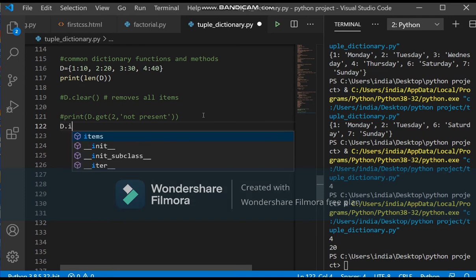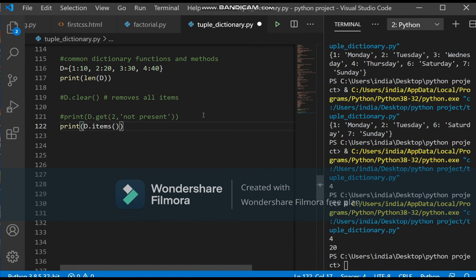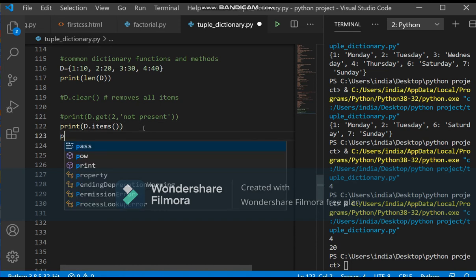Now next, there are a few more functions with which you can find the items in the dictionary, or the keys you can extract. You can extract a list of values also. So all these functions we will practice now. Print d.items. Check in the terminal.